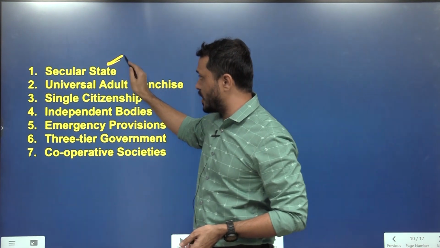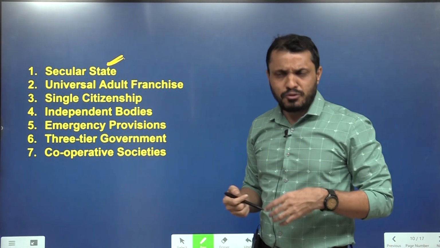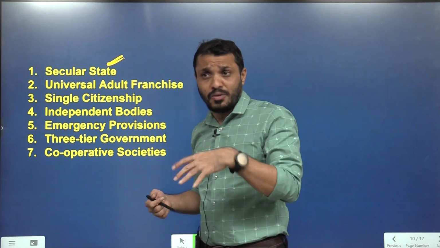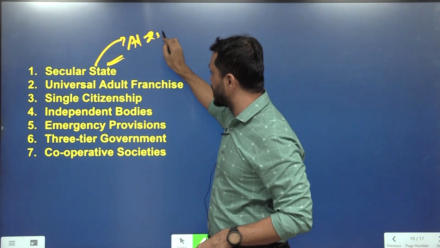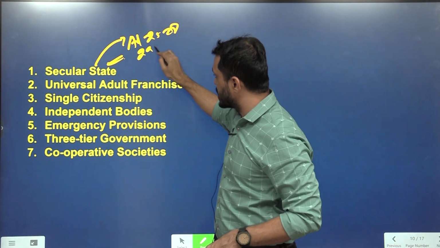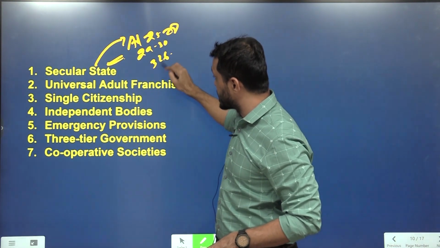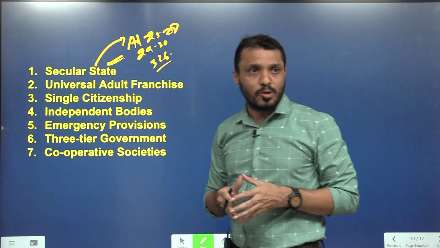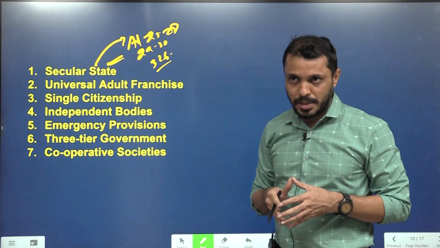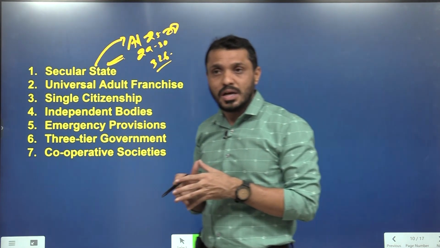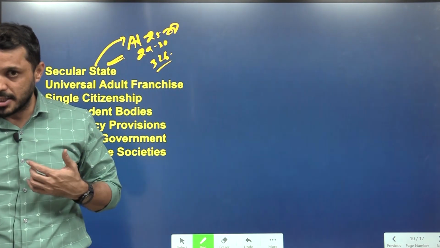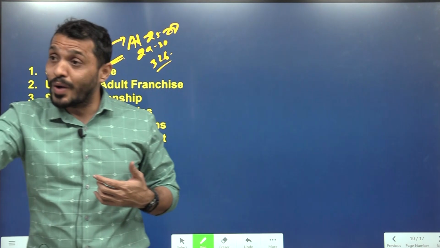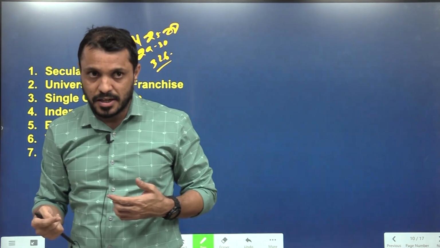What are the other salient features of the Indian Constitution? Secular state. Of course, even though the word secular is nowhere mentioned in the original Indian Constitution, secularism is inherently present in Article 25 to Article 28, even Article 29, 30, even Article 326. So many other articles promote secularism. We will discuss them at appropriate points. India follows positive secularism. That means the state can interfere in religious matters. When religion requires reform, the state can interfere.